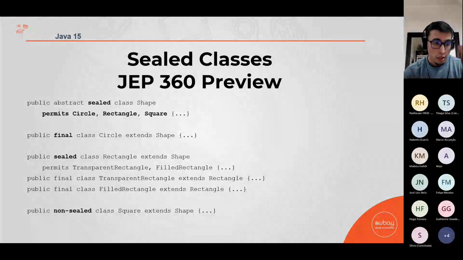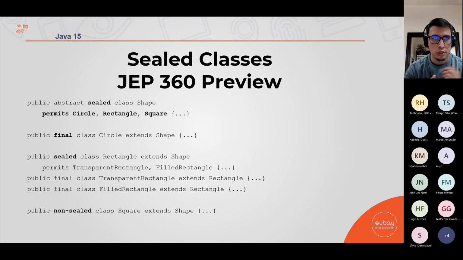With that, we can guarantee all the inheritance of the class Shape. So for example, if you have a switch expression or something like that, with this sealed class it's much easier. And also, if I'm not wrong, we now get compilation errors because of that.